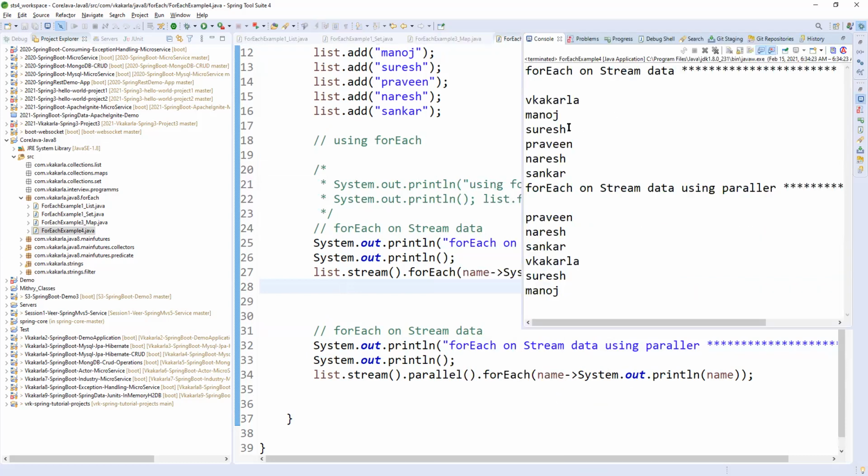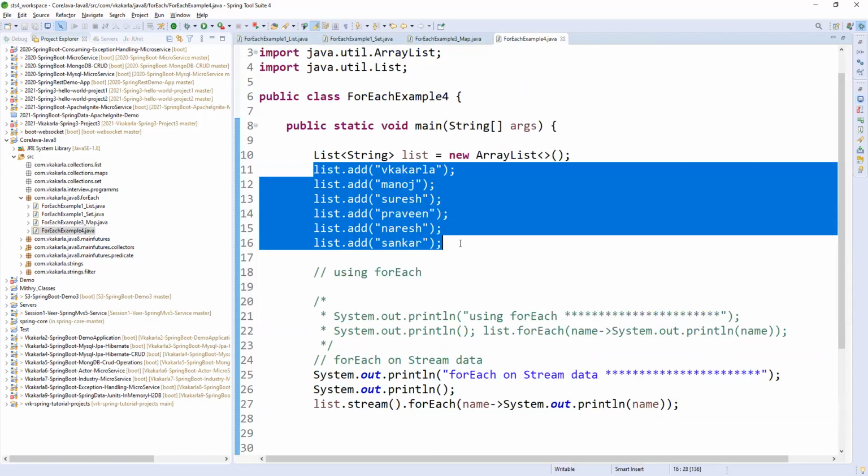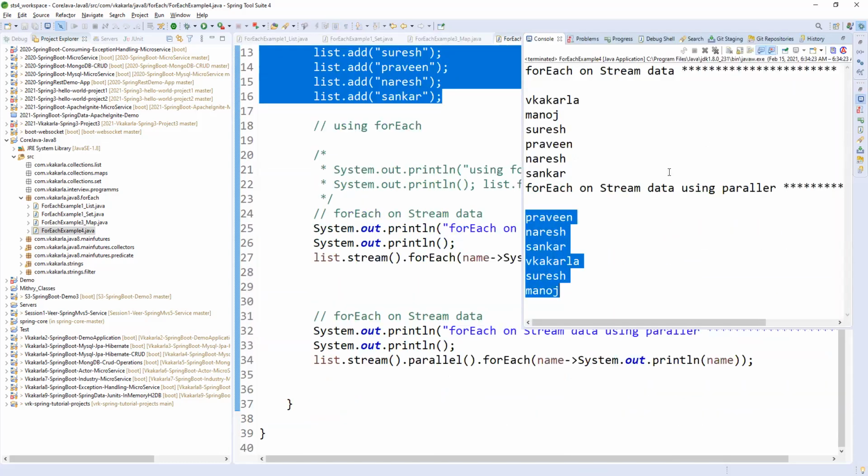Here, for each on stream data is guaranteed to give the sequential order. Parallel stream means it takes elements in parallel, at a time. It will print different elements at a time, so it will not give the order of elements we had previously in the collection. So we are getting unordered data.